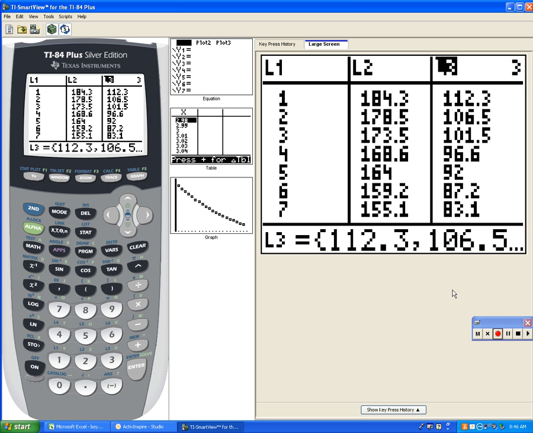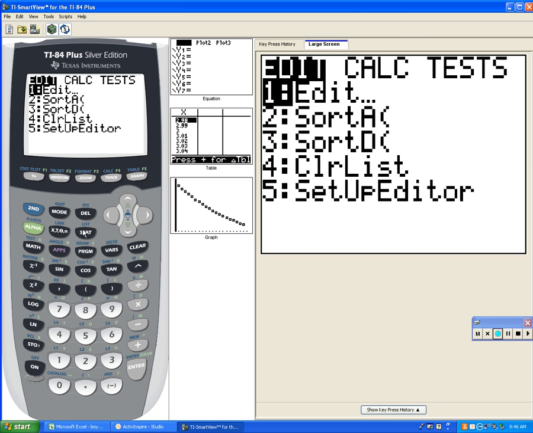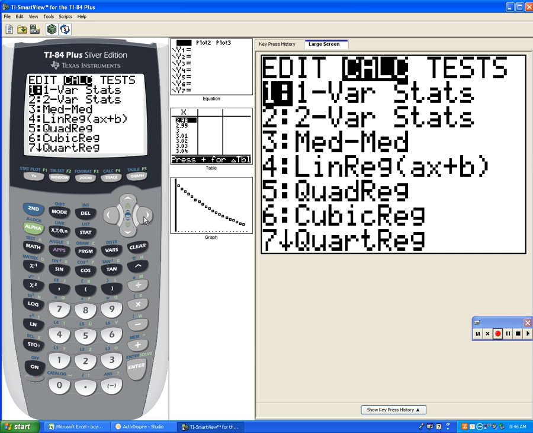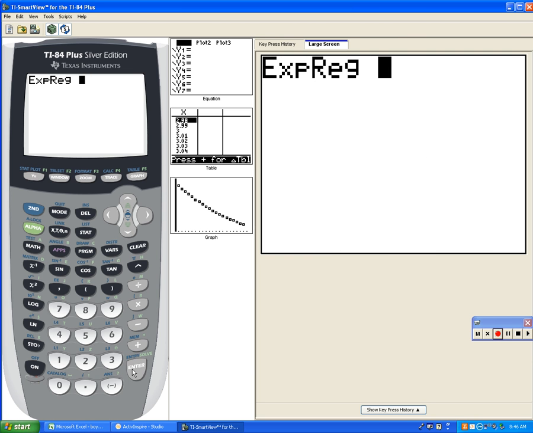All right, so now we're going to find the exponential regression equation. So they want us to do exponential regression, and we want to do L3 as a function of L1. So this is going to be weird, wild, and fun. So go back to the home screen, hit the Stat button, go over to Calc, and we want exponential. So go all the way down until you see EXP. I don't remember what number it is. 0, okay, hit enter, but do not hit enter again, okay, because we want to do L1 versus L3